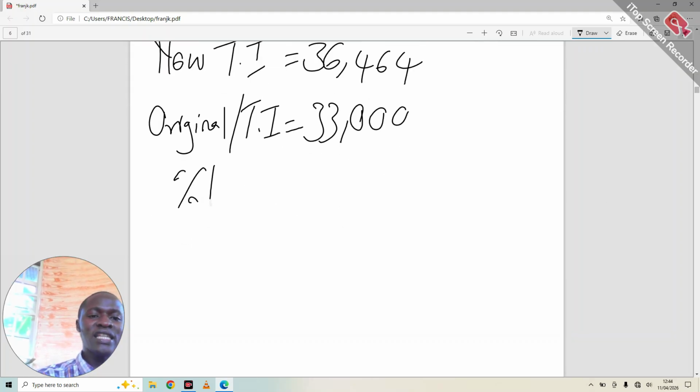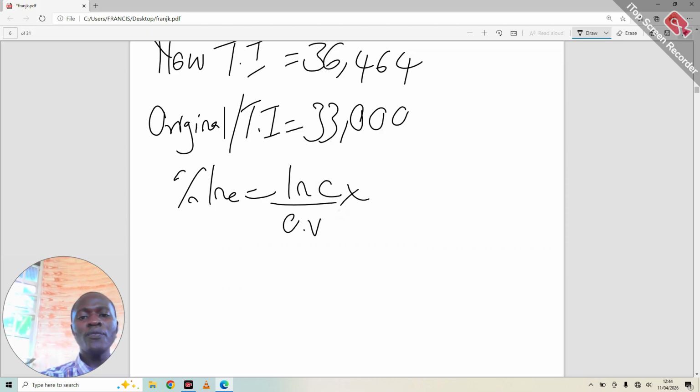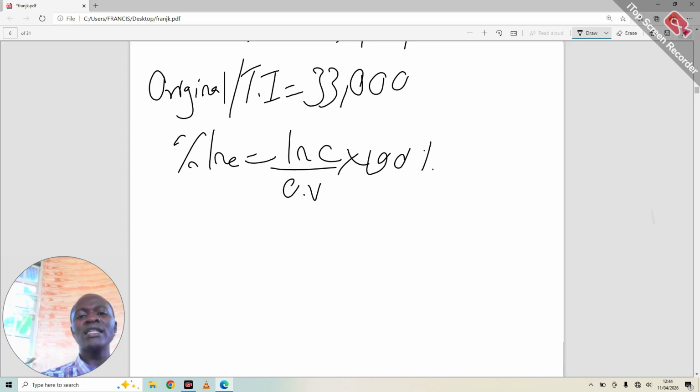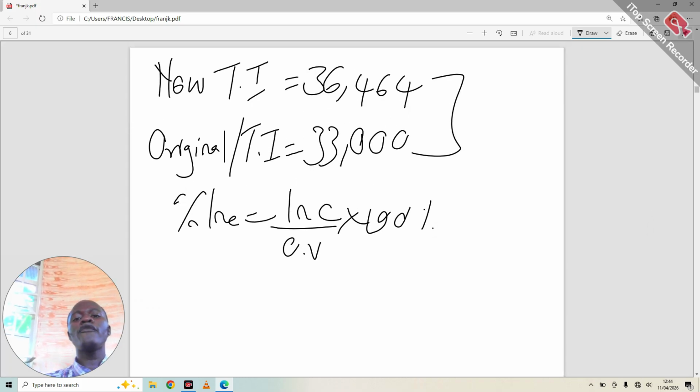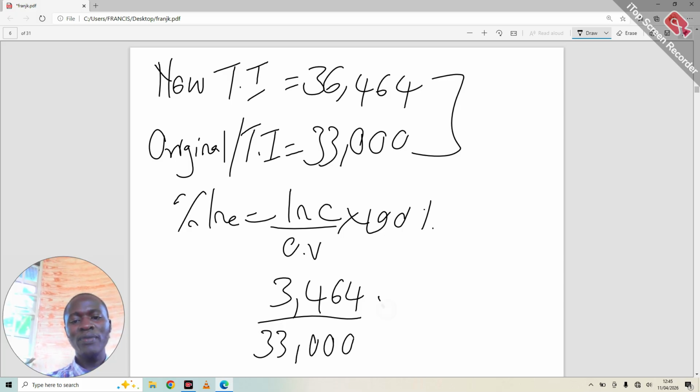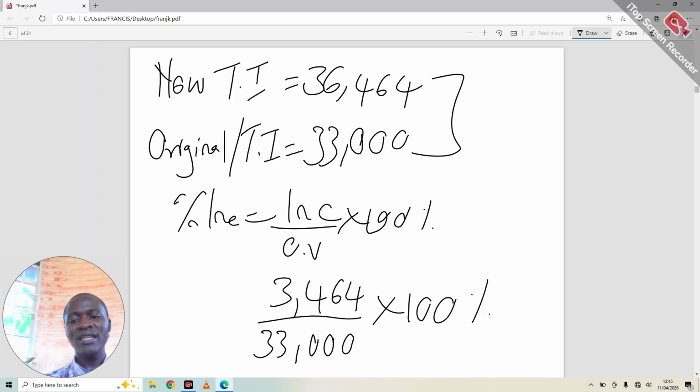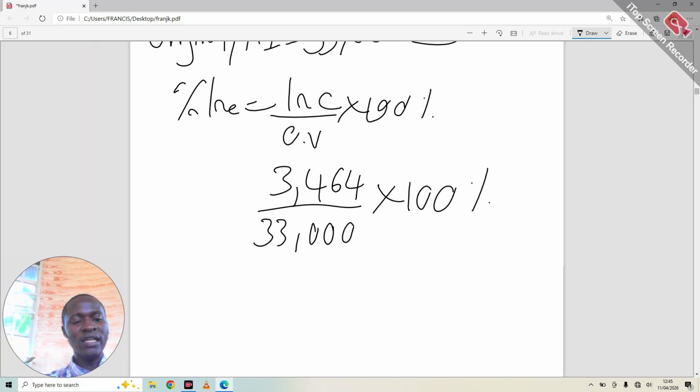How do we get percentage increase? Percentage increase equals increase over original value multiplied by 100%. So what is the increase? From 33,000 to 36,464, the increase is 3,464 divided by the original value, which is 33,000, multiplied by 100%. So divide that by 33,000 multiplied by 100. We shall have our answer as